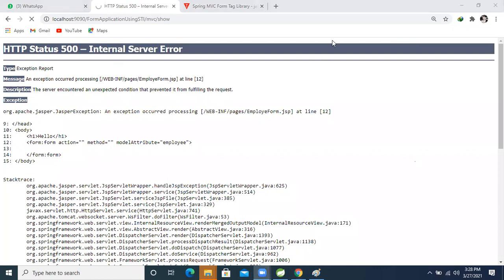No need for the at the rate model attribute. Model attribute is needed whenever we read this form data. Why are we getting the error now?